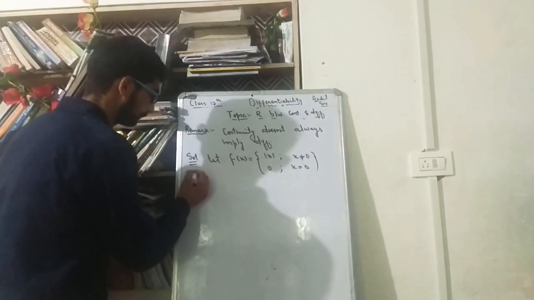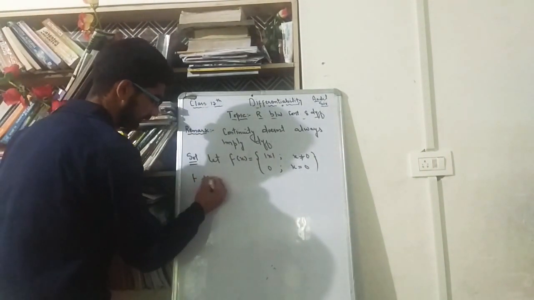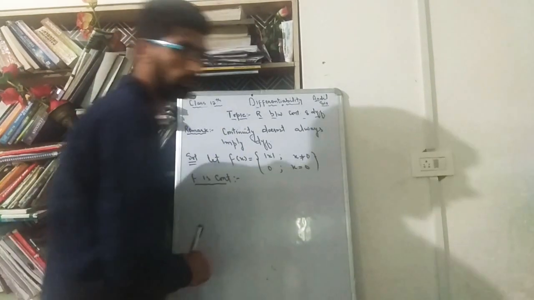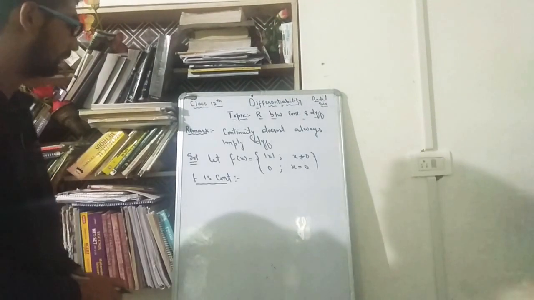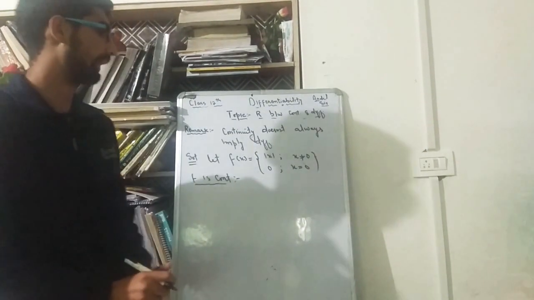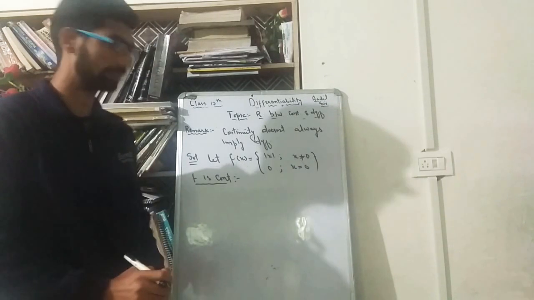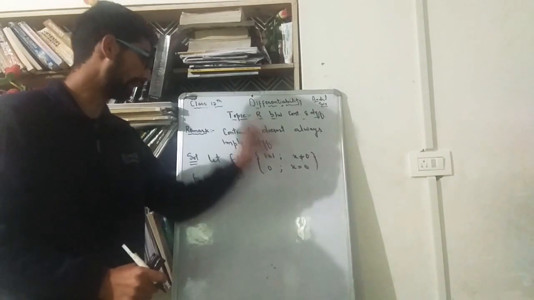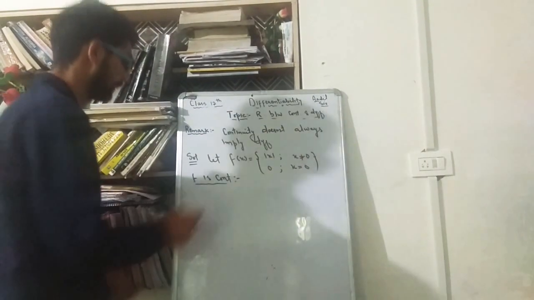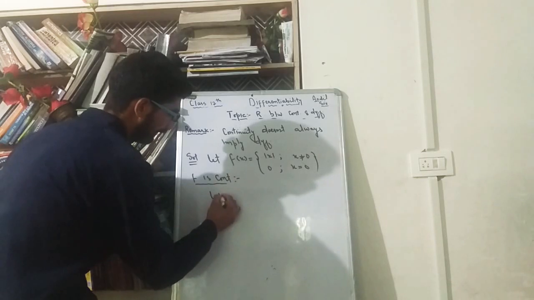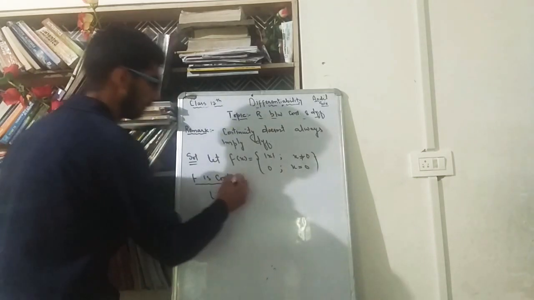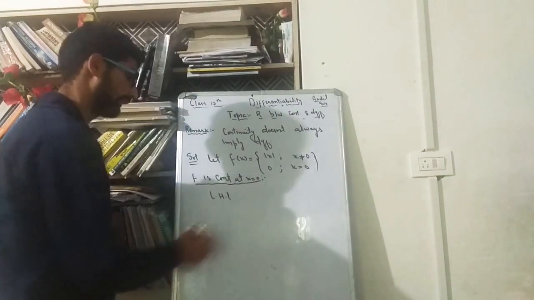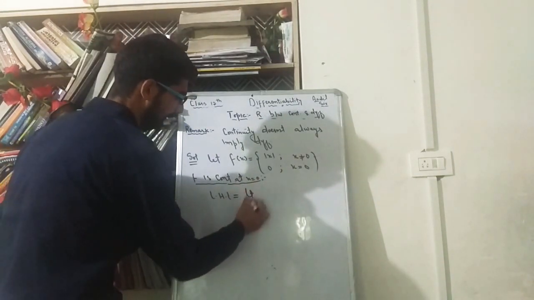So now first, f is continuous. How? I will give its proof. We know that a function is continuous only if the left hand limit and right hand limit at point x is equal to a are equal. So here I will show this function is continuous at x is equal to 0. So write here, f is continuous at x is equal to 0. So a is here. LHL is equal to limit x tends to 0 negative